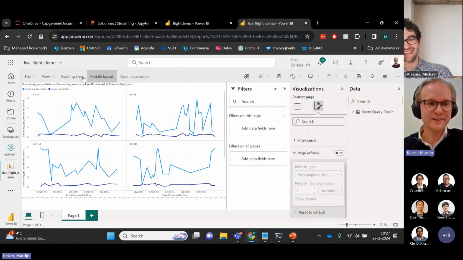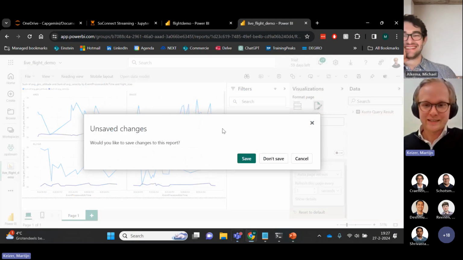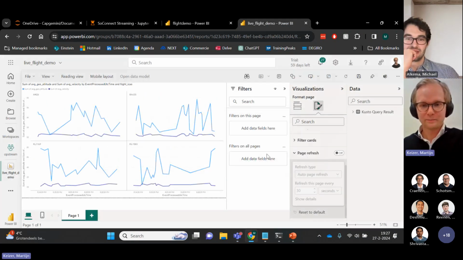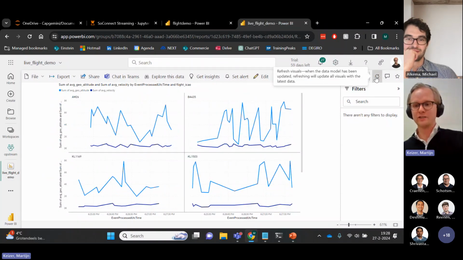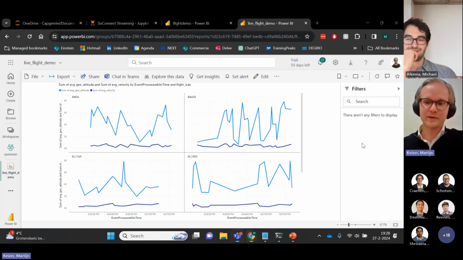I don't want to save it, but just to show that we actually are using real-time data, I can click the refresh for this instance manually, and you see that the data is actually changing. So once again, we can see that in a relatively short time, we can really build pretty cool analytics on real-time data. So I think that is really the power of using Fabric in this instance for streaming data,